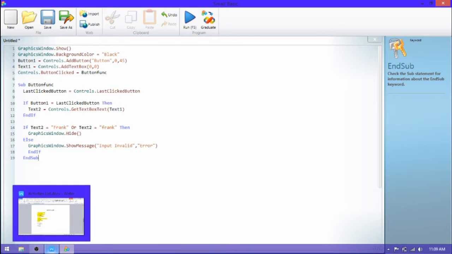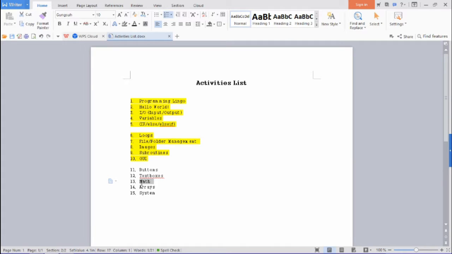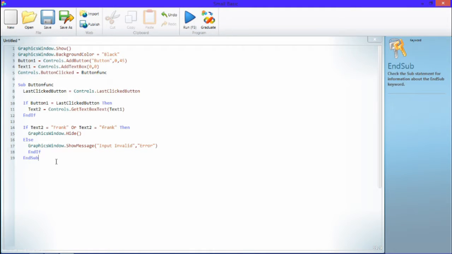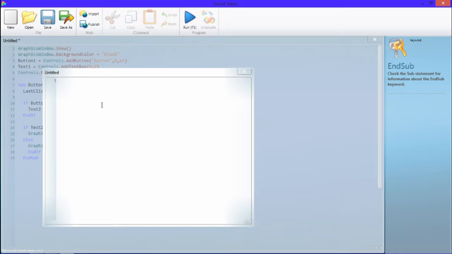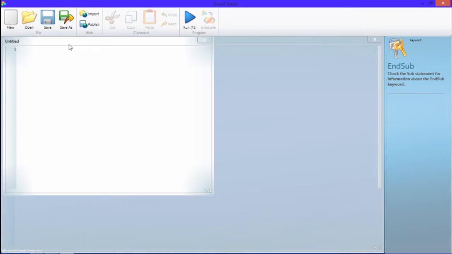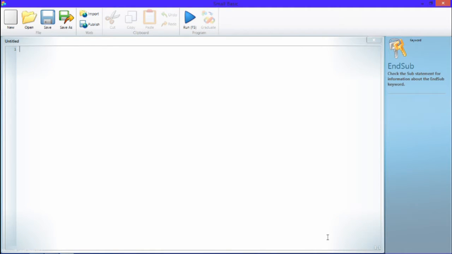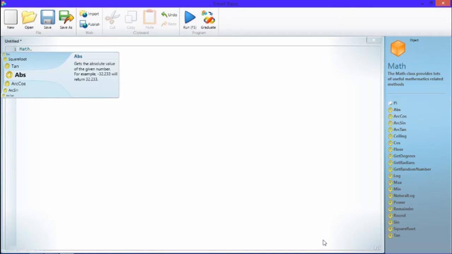So, math. Yeah, we're doing that. That's boring, I know, but yeah, we're doing that. So we're going to go ahead and press Control N. That's the keys I'm pressing to do new on my keyboard. Control N, or I think Mac is like Command N, but I've never owned a Mac, so I don't know. Besides that point, so to do math, if you're looking for random numbers or whatever, you go Math dot,